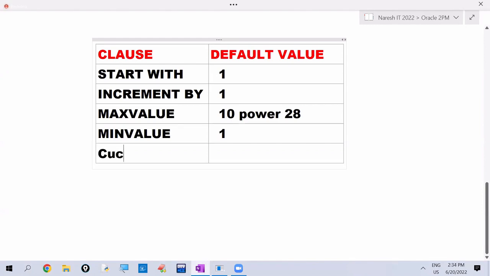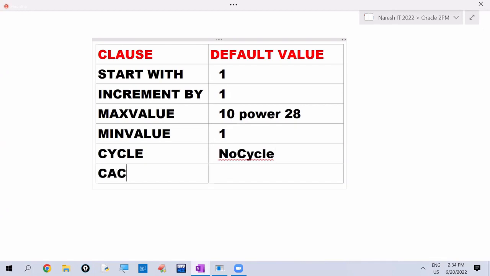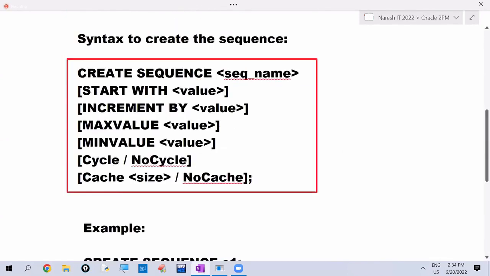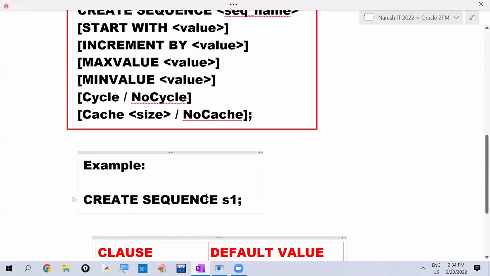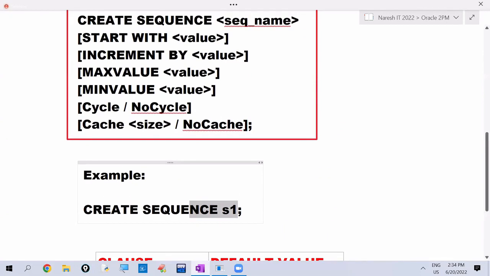Next, the default cycle value. No cycle is the default value here. And the default cache size is 20. 20 is the default cache size. So here we are creating the sequence. We are not specifying any start with value. So for this sequence,